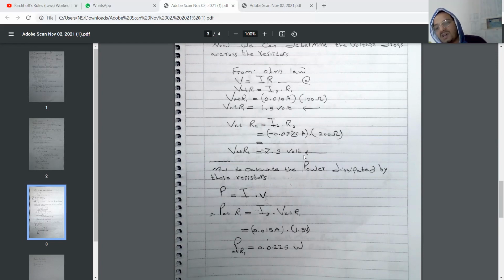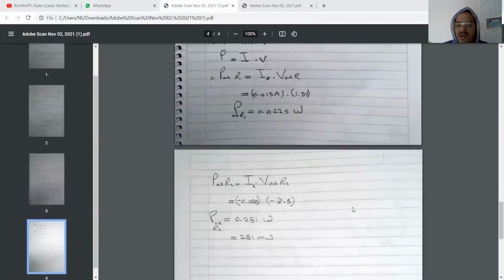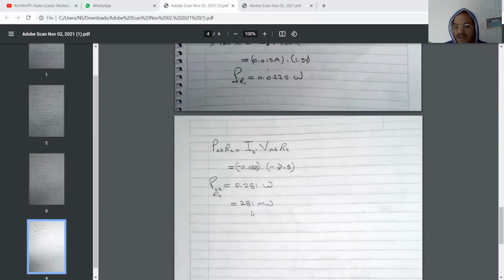Now, to calculate the power, we know the power law equals current times voltage. Now that we have both of them, we can calculate the power at resistance 1 equals I3 times the voltage at R1, and the result equals 0.0225 watt. And the power at resistance 2 equals the current I2 times the voltage at R2, equals 281 milliwatt. Now let's go to solve the